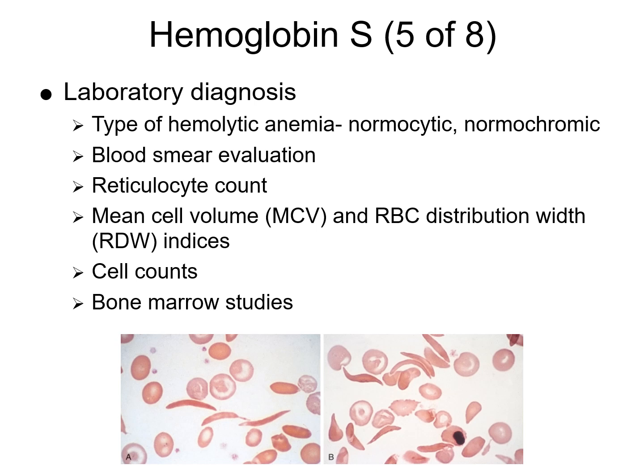We may also see target cells, which look just like a target. You can see that in the picture below as well. We may also see nucleated red blood cells and Howell-Jolly bodies, and this is due to splenic dysfunction. We'll also see polychromasia, and that is indicative of reticulocytosis. The reticulocyte count is typically going to be elevated, and that's due to the compensatory marrow response to